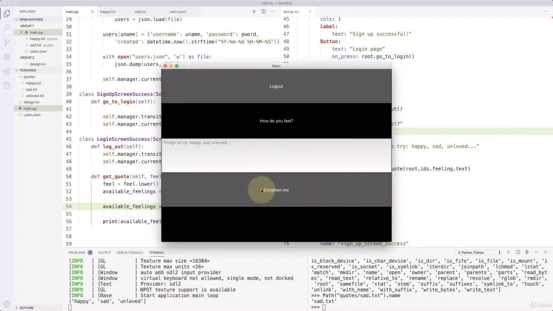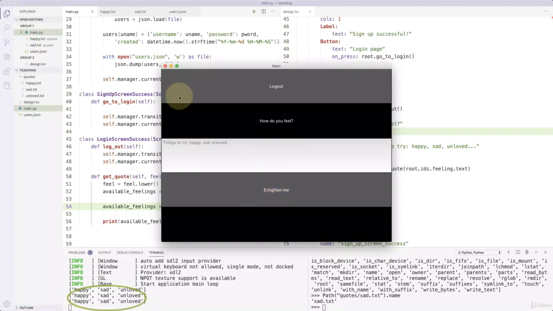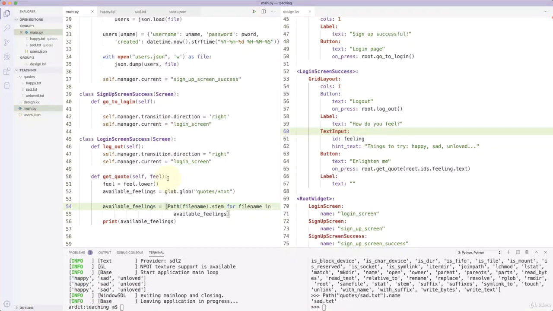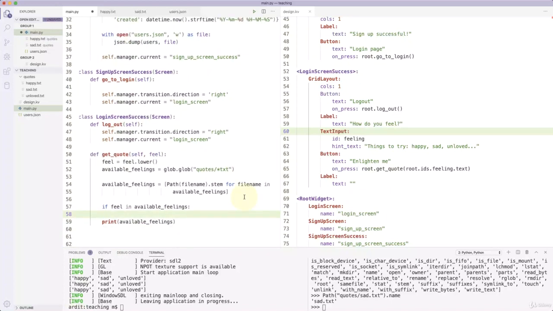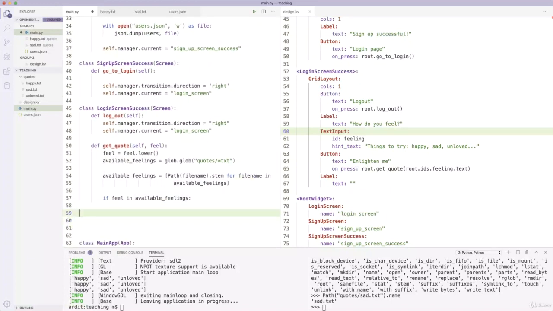Enlighten me. So happy, sad, unloved. That's what we want. Now we have the available fillings in a list. What can I do now? I can say if filling in available fillings. So if that filling is in the available fillings,